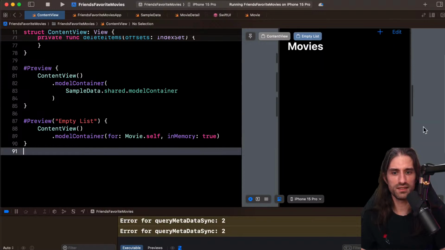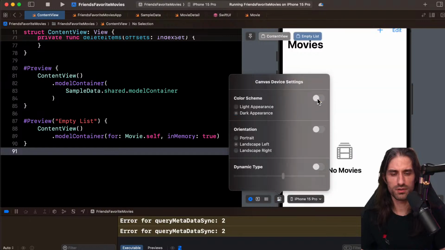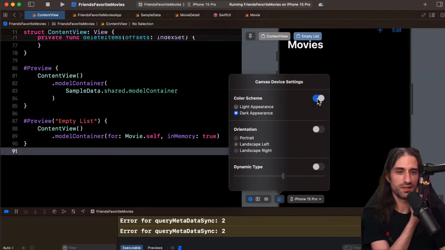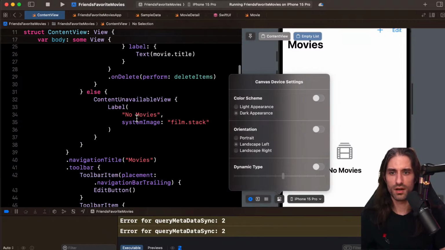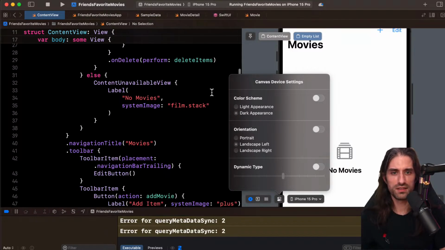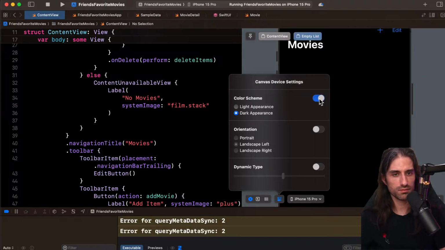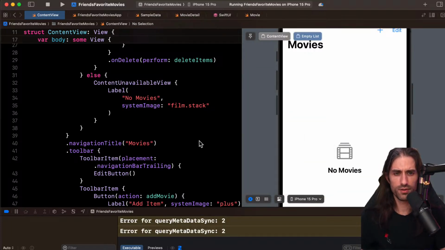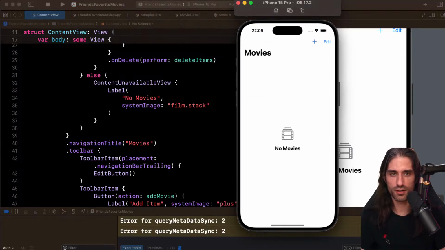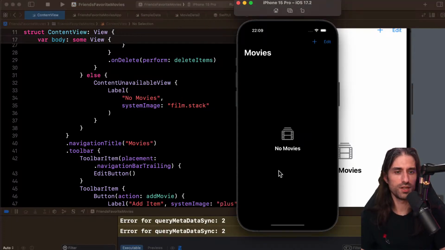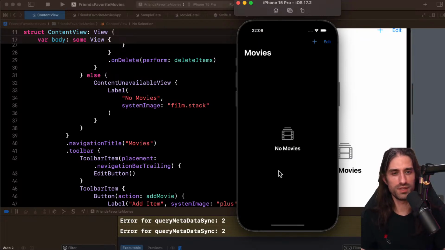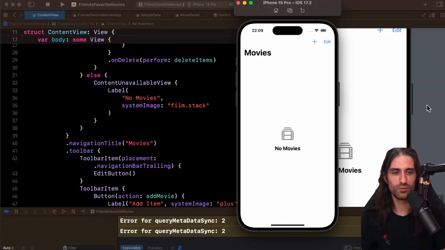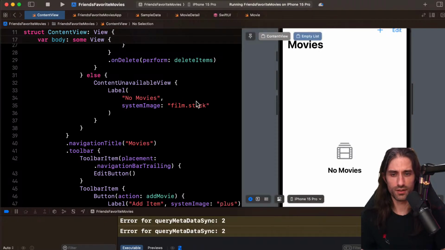Interestingly, the preview for the empty state doesn't show anything. That's weird. Is it because of the dark mode? Oh, that's so weird to see that. By default, at least in the preview, this didn't work in dark mode. I really wonder if it's a bug. Let me see in the actual simulator. Yeah, no, it works in the simulator, so I guess it's a bug of the preview, because if a built-in component from Apple didn't work in dark mode, I would be surprised. Okay, seems to be a bug in the preview.